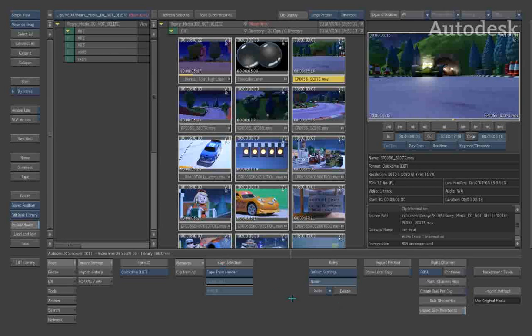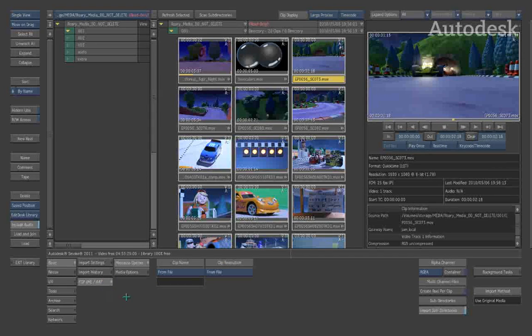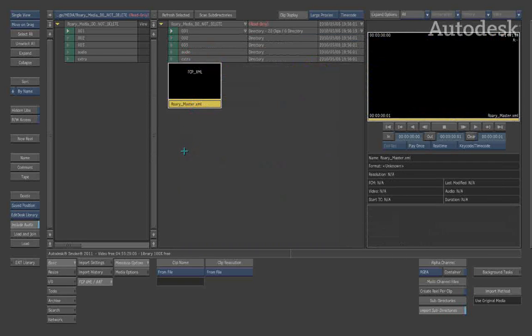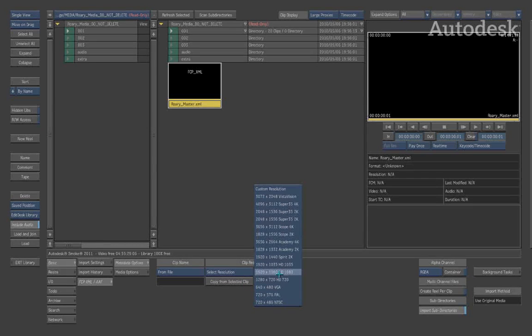Once you've defined your rules, we can start defining exactly how the sequence, in this case the XML, is going to behave. So inside the gateway, I can select that XML file. You can give it a name, but you can also tell it how its resolution is going to be interpreted. For example, I could tell the system that this timeline needs to be a specific resolution other than the default resolution that the file was originally set up as inside of Final